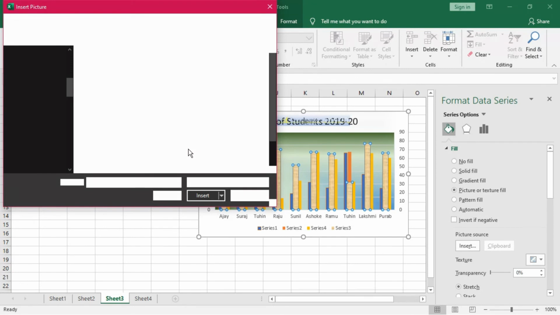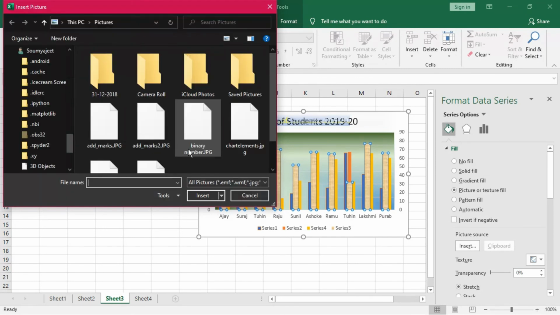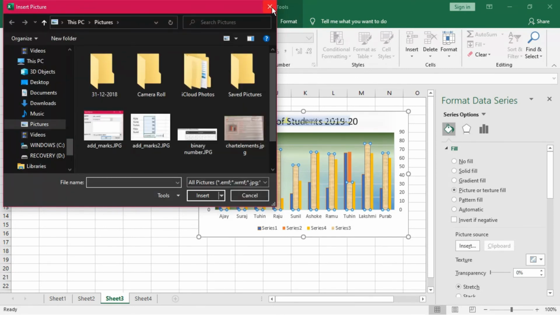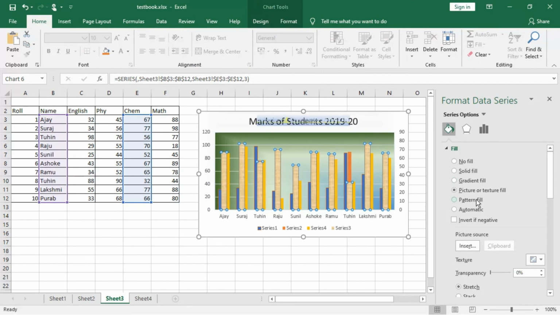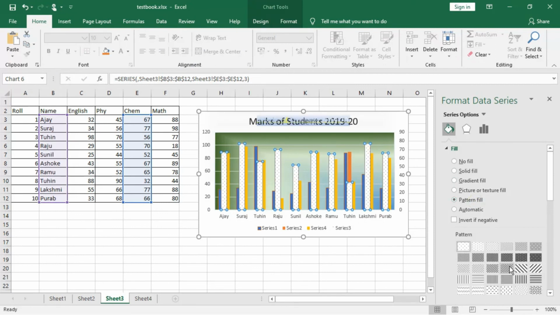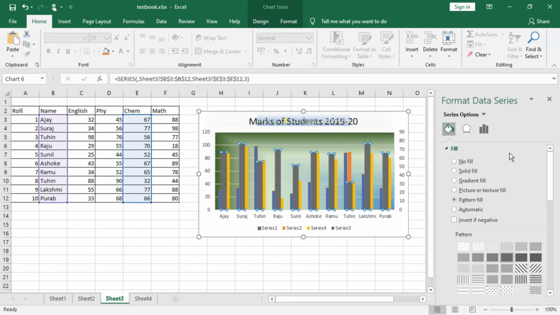In that way you can select any picture from here. Pattern fill also you can do from here. Several patterns are available, you can select the patterns also. So these are the formatting options for the data series and all, and you can do other kinds of